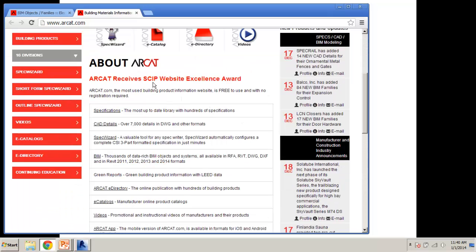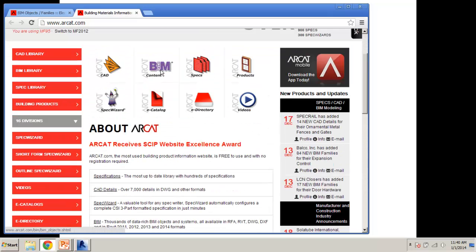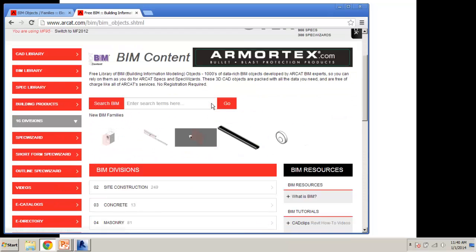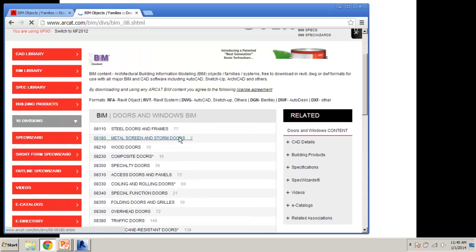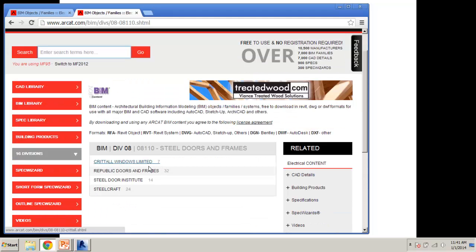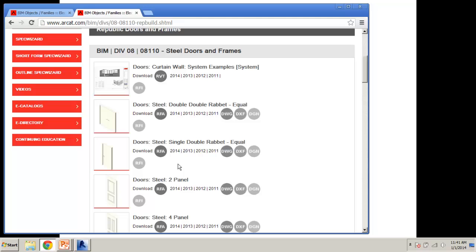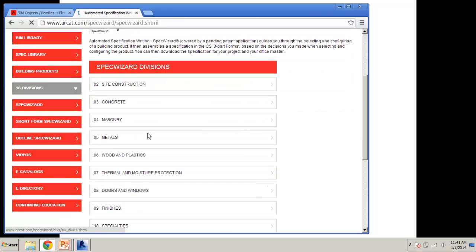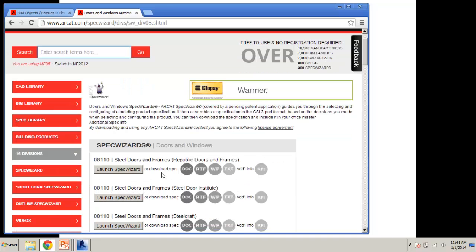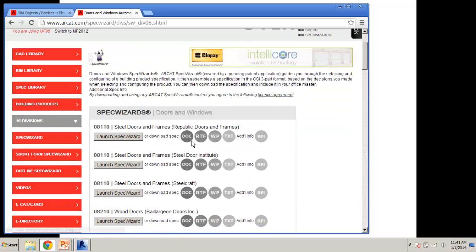If we look at these divisions and whatnot, and again, we'll be talking about it later. Under the BIM content, doors and windows, we were looking at steel doors and frames, Republic doors. You can see that all that information is in there. But in addition, if I double click on this, maybe, yeah, it's not going to give it to me, but I can go to the spec wizard, go to doors and windows, look at steel doors and frames, and I can look at